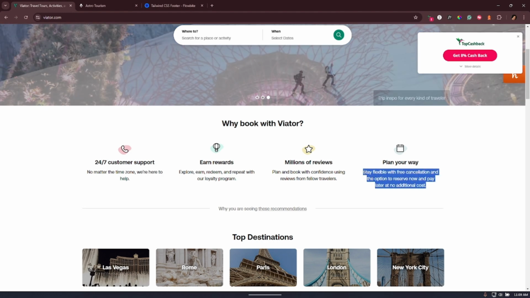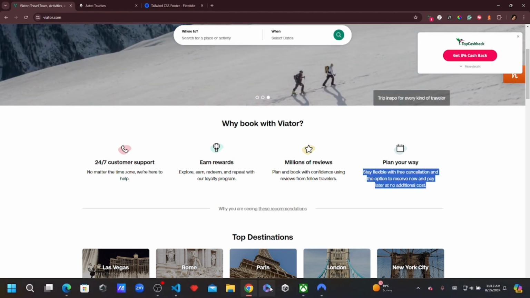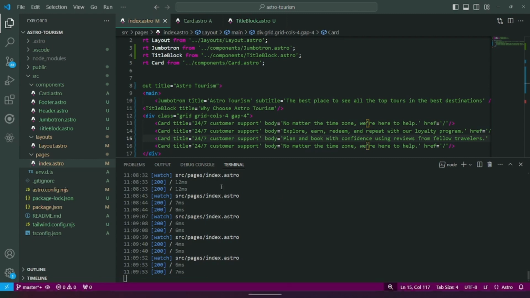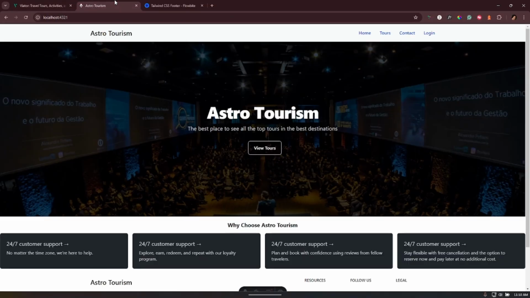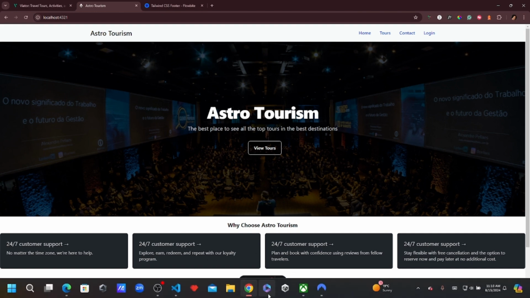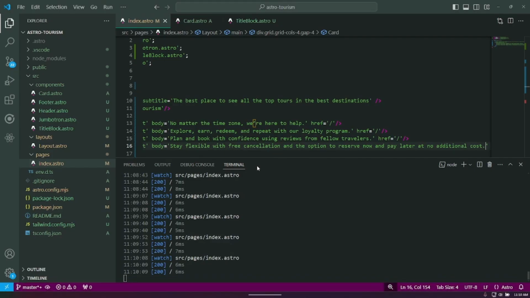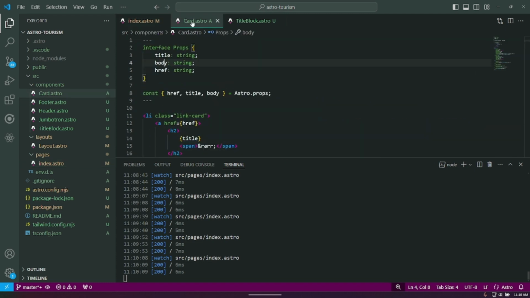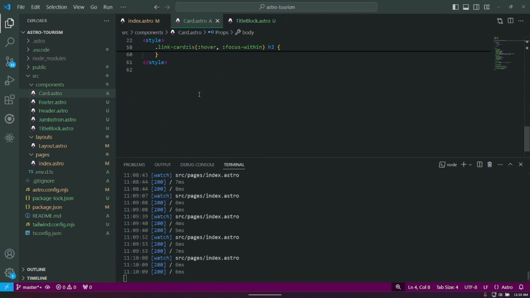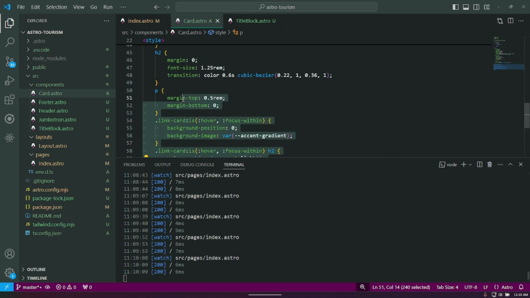Now what we would like to add is the ability for the icons, and we will do that as well at some point. So if we take a look now, we've got 24 customer support. That's it. Excellent. So something that's missing is the icons,